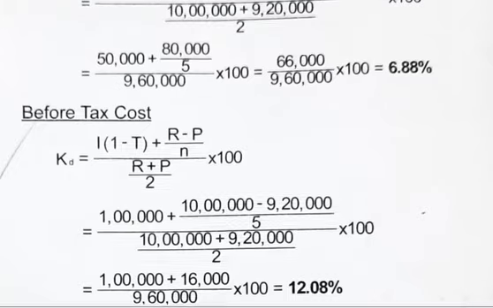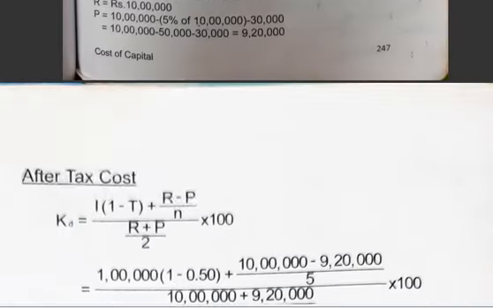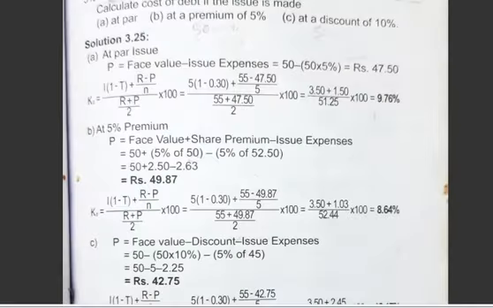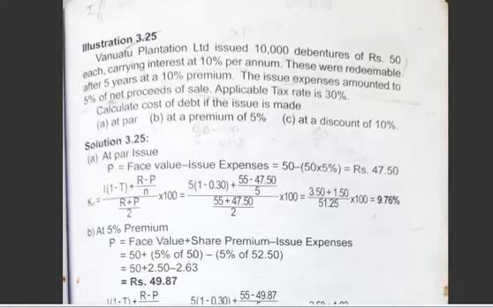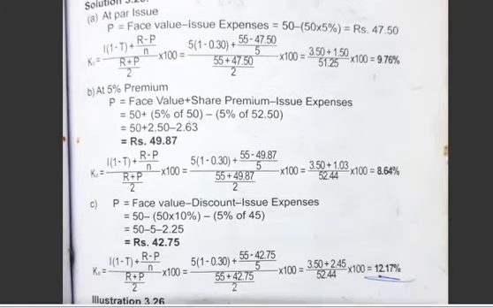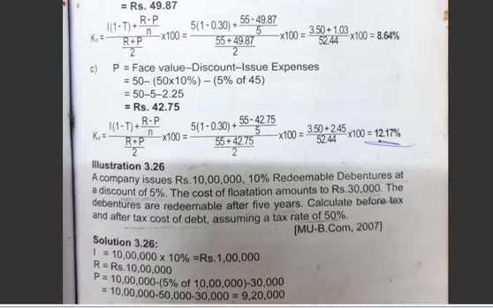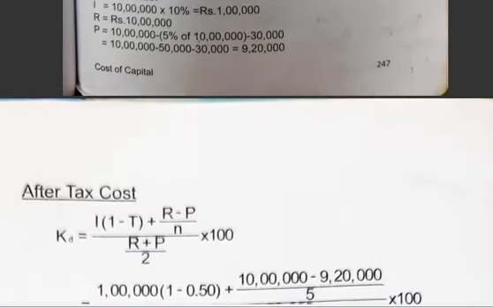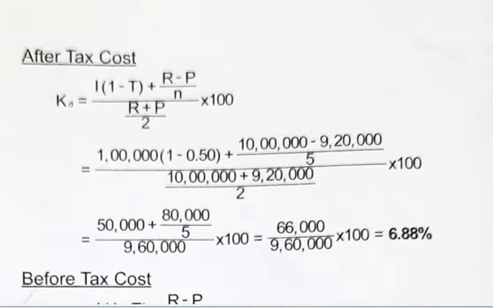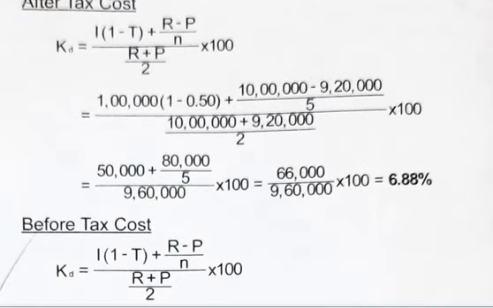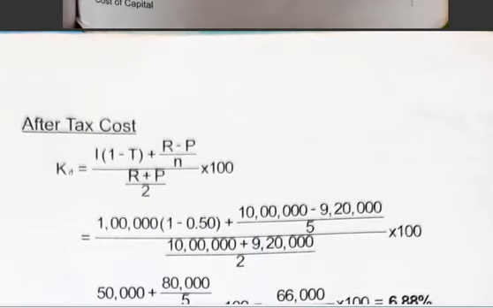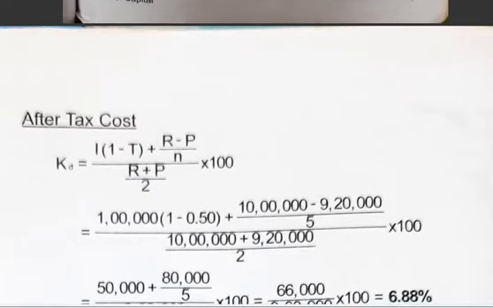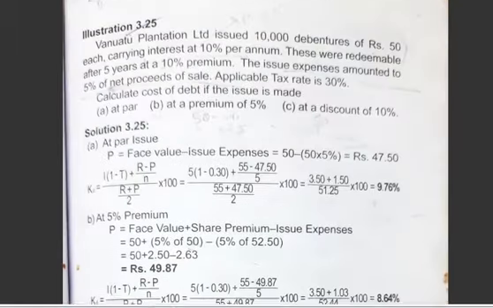So today I have done two problems under the cost of debt. This problem will come for 12 marks, so go through the problem. It's all about the formula which is used in the problem. The formula you have to remember, and the calculation. Interest will be given. The only calculation is the issue price. Issue price you have to calculate properly, and issue expenses you have to deduct.